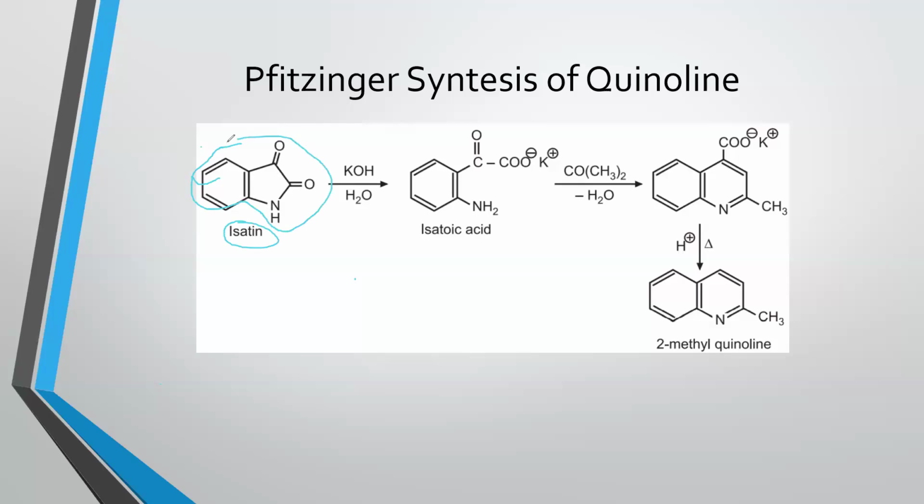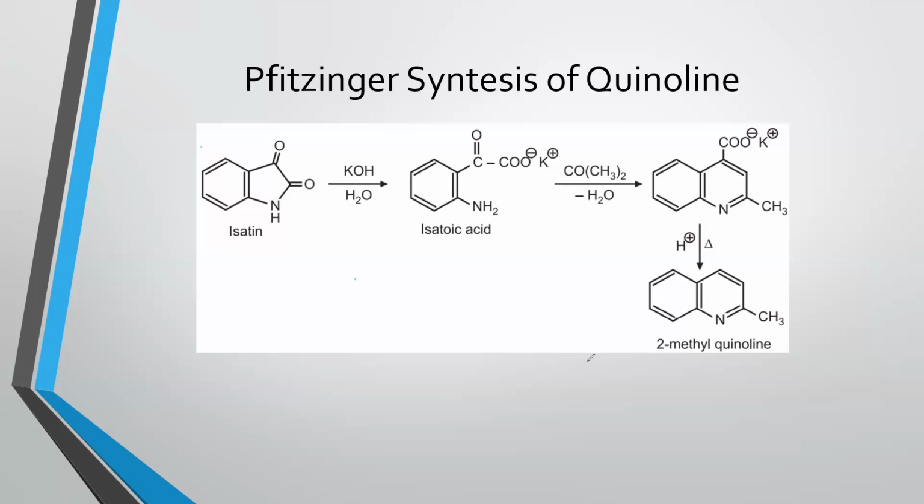If I remove both oxygens and put one double bond here, what will be the name of that ring? Indole. Yes, very good. It's indole, right? So when this isatin reacts in presence of KOH, it will simply give me a 2-methyl quinoline,